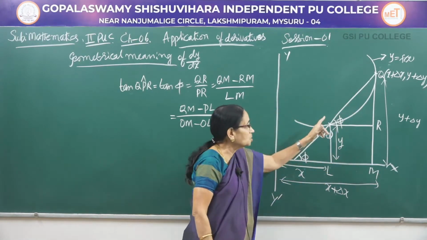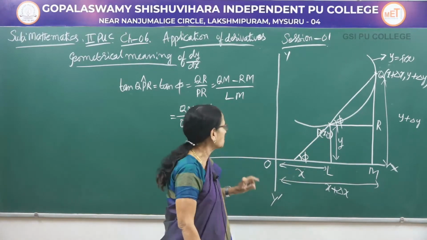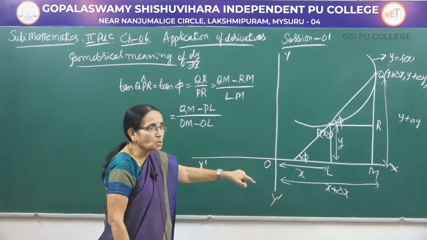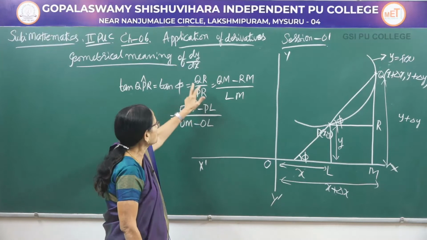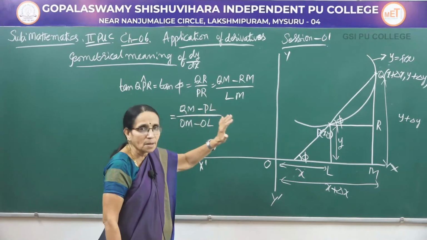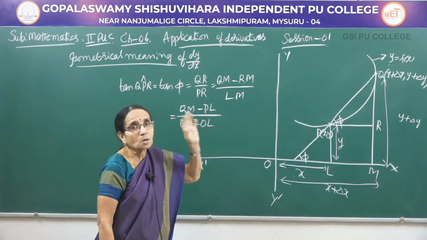As soon as you draw the perpendiculars, I can mark these distances in the figure. And these are all known to us because they have been given in the problem. So, that is why I have written QR and PR, which were not directly given, in terms of the known quantities.